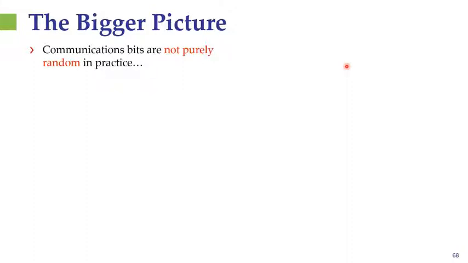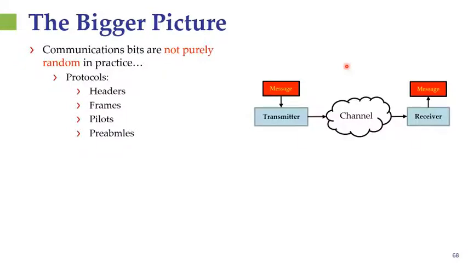the bits are not purely random. For example, protocols induce structure. They imply that if we have a message conveyed from a transmitter to a receiver, what is actually transmitted over the channel is not just the message, but also header and pilots, which imply that there's a small portion of the frame which is known to the receiver and can be utilized to adapt its deep symbol detector, assuming that this deep symbol detector can be tuned using a relatively small number of training samples.